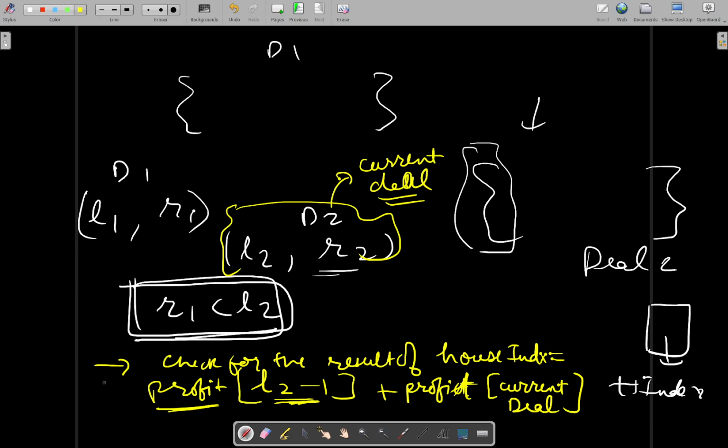This is if we decide to take the current deal. And if you decide to ignore the current deal,